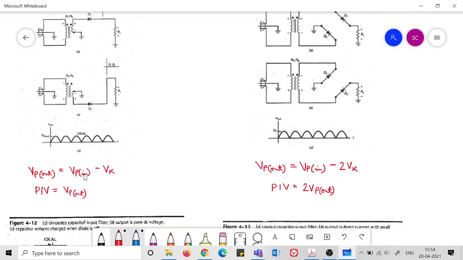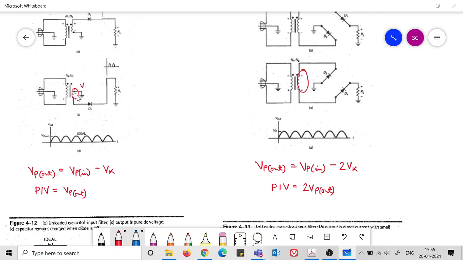Please understand this Vp in is the voltage here. From this side we have started the analysis. So this Vp in is not the voltage here. It depends on the N1 N2 ratio. And of course also the center tap operation is happening, so the voltage coming at this side is half also. But we are simply taking this as Vp and then noticing what is Vp out here.